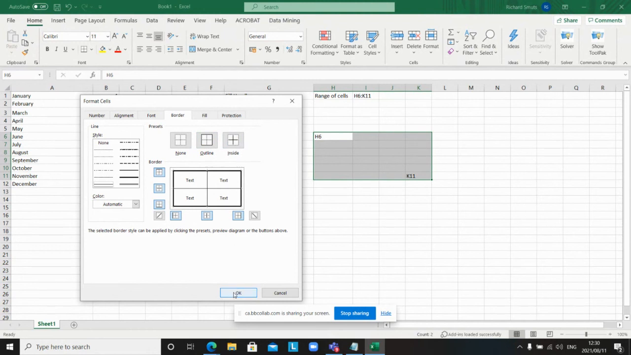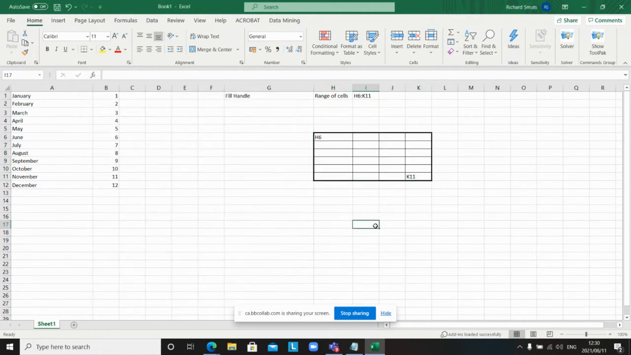And I'm simply going to tell it OK. And there we go. We have a range of H6 to K11 with our borders, a thick border outside and a thin border inside. Now, just to repeat myself, you would highlight your range,